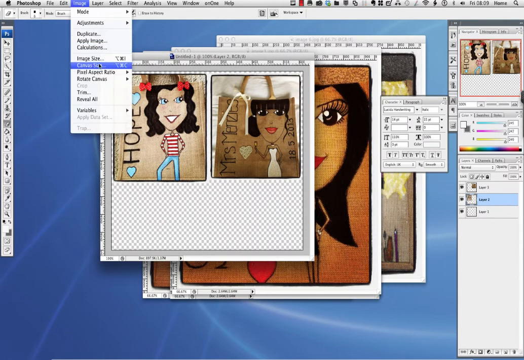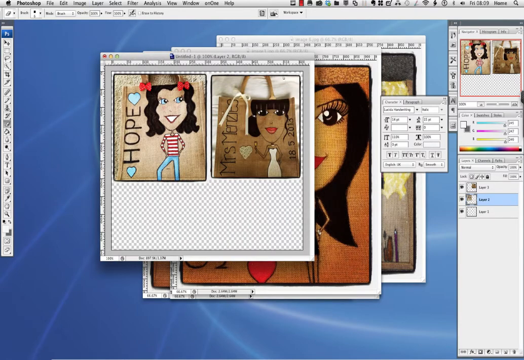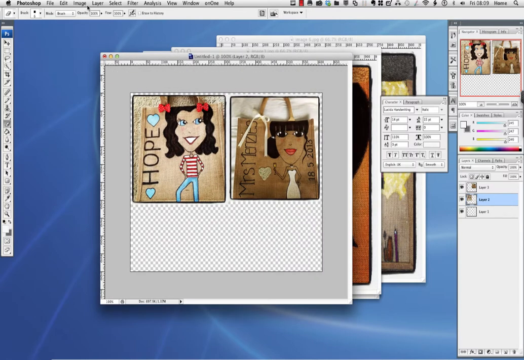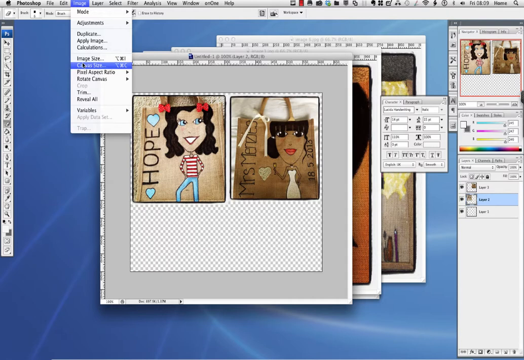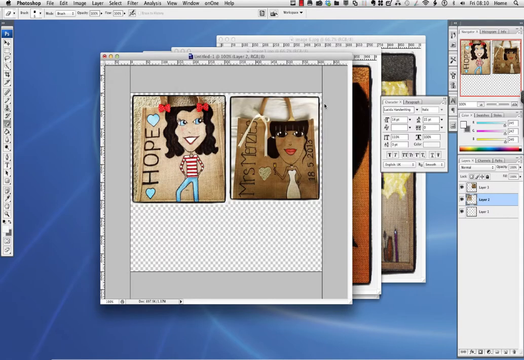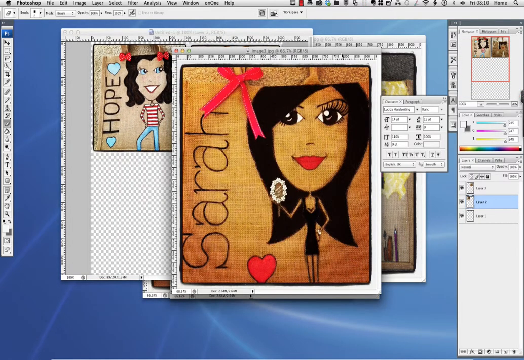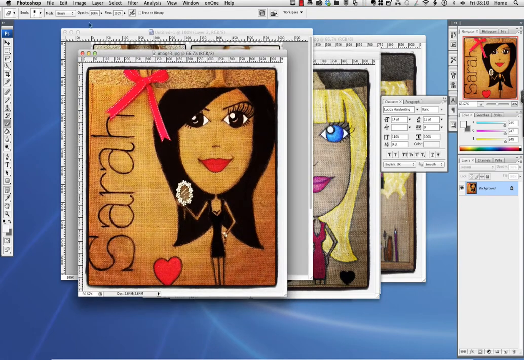what I'd want to do, I need to increase my canvas size. The canvas, this is my canvas here. It's an image, but I'm working on a, a bit like art, I'm working on a canvas, so I'm going to increase the canvas size rather than proportionately increase the whole image size. So I want a bigger canvas to work with. I'm going to lock it to the top, and I'm going to increase the height to 900. I can always crop it. So it's locked to the top, so I don't lose my position of those images, and I want to add a couple more. So remembering our